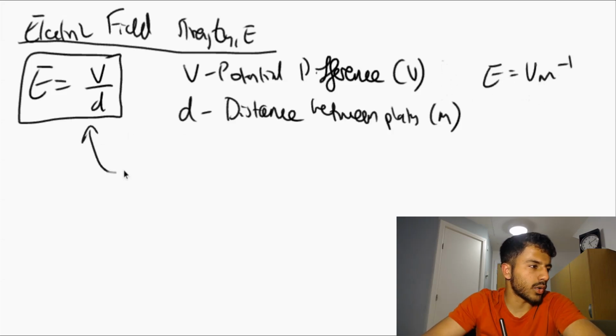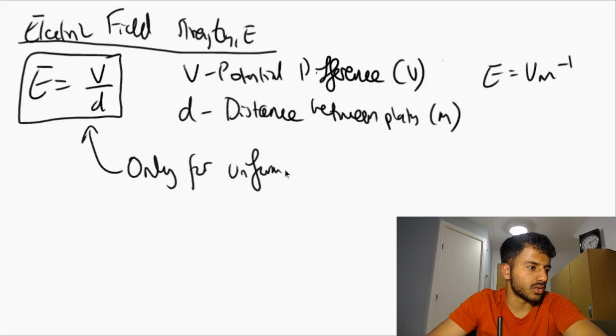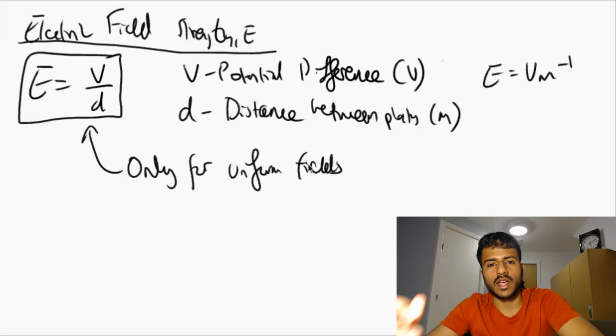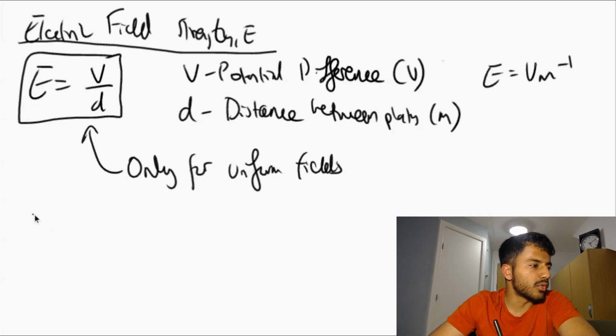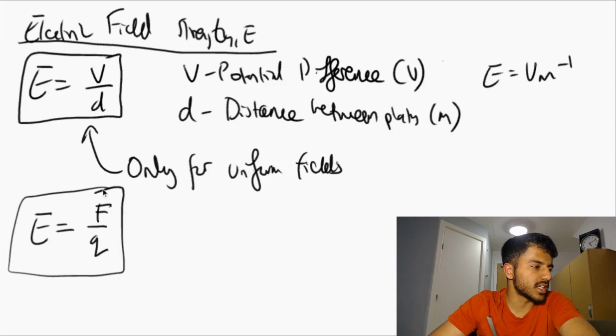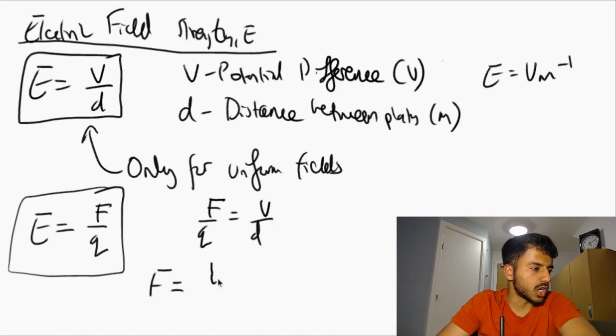Note, however, that this equation here is only for uniform fields. So you cannot apply this to cases where you have point charges. However, we did previously see that the electric field strength is also equal to the force over the charge. So if we were to equate these two equations, we could say that F over Q is equal to V over D. So the force between two plates is equal to the charge on one plate times by the voltage